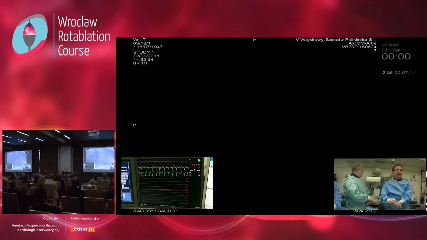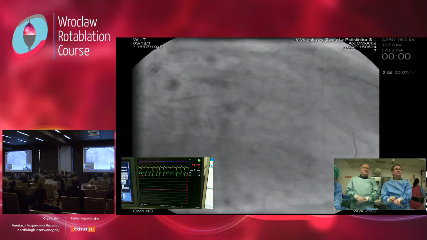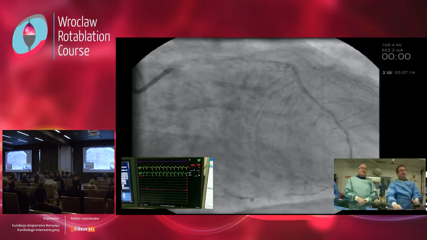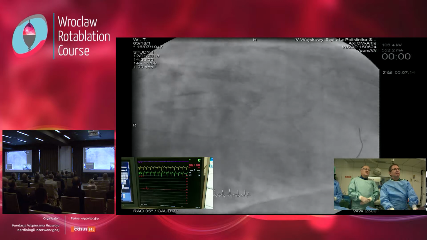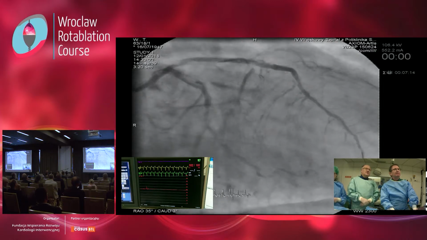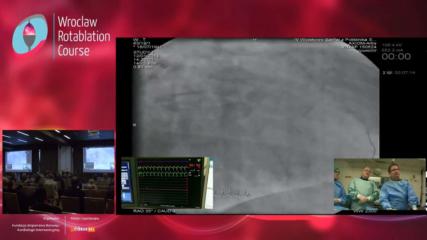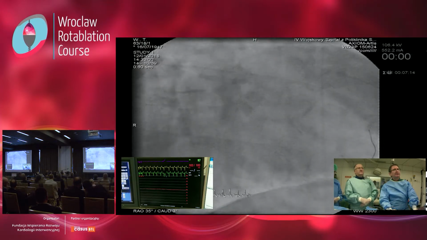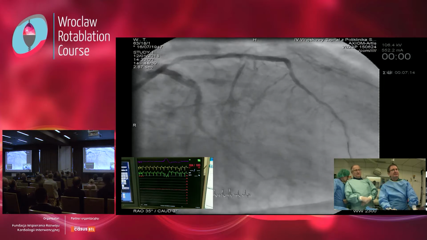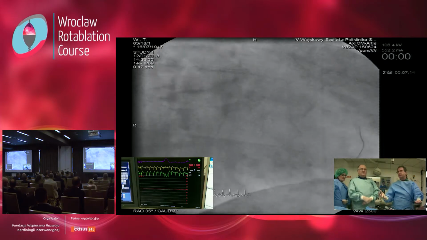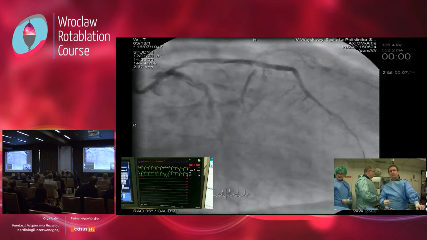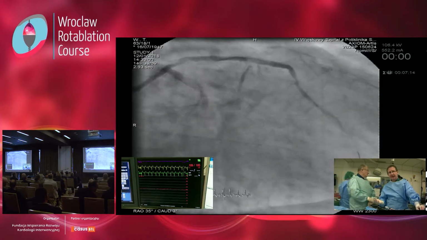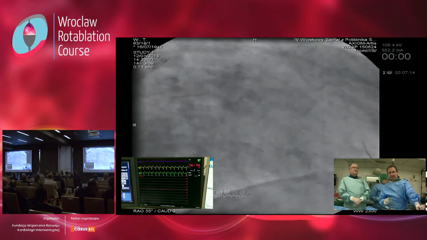So just take a look how it looks. So the flow is okay. You see, with the bulking, we were not perfect in the proximal and ostial LAD. And for the mid part, I think it's okay. The question now for discussion is whether to go with a 1.75 burr